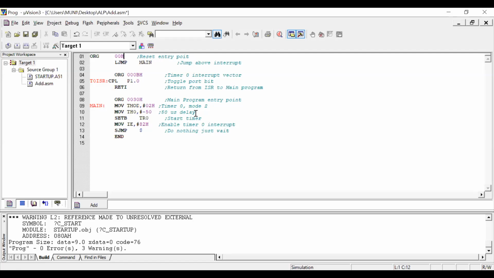We require a count of 50 microseconds, so that minus 50 is directly written. No problem, that will be converted into a 2's complement value. Otherwise we need to convert and then assign that hexadecimal value. And here SETB TR0 starts the timer, and then the interrupt enable register is enabled. So enable the timer 0 interrupt, and then SJMP $ is nothing but staying at the same address. So continuously keep on monitoring here.